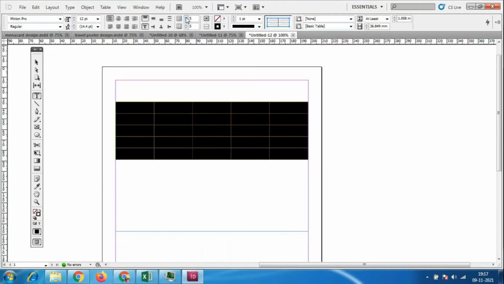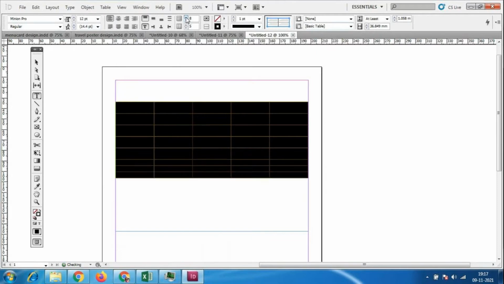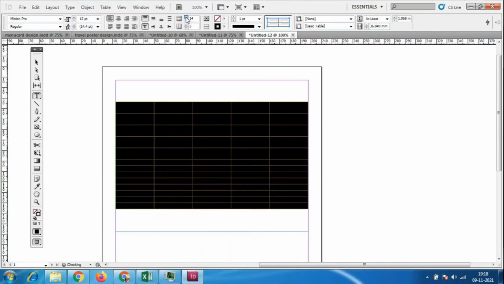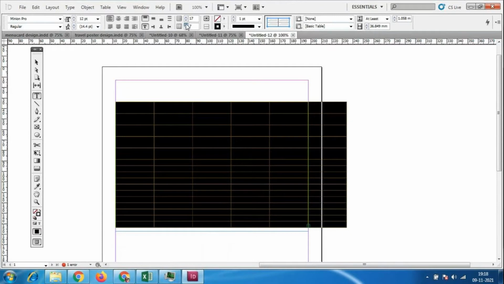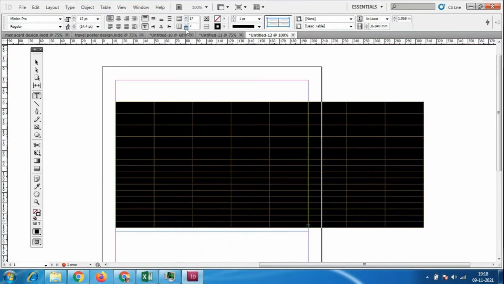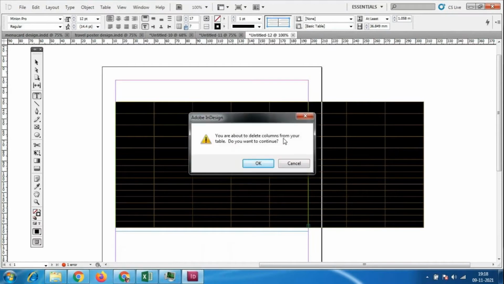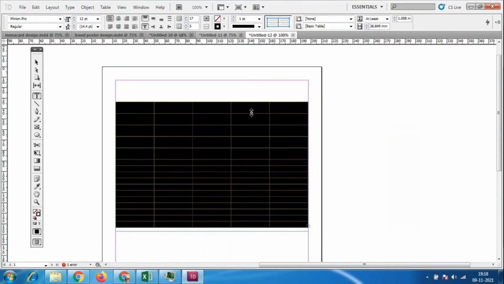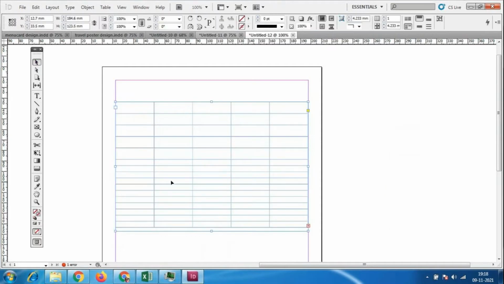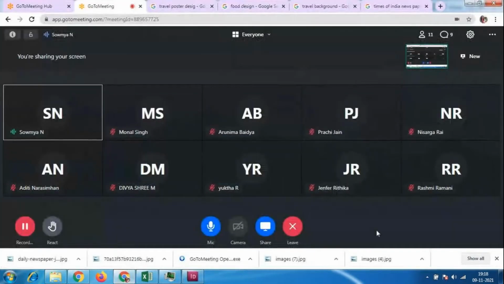So I could increase the rows here. Look at here, I could increase the rows. Now I'm increasing the rows here, and I'm increasing the columns also. I could increase or decrease the columns. I'll just take how many columns I want. However many columns I want, I could take that many only. So always we have to use the increasing and decreasing option.